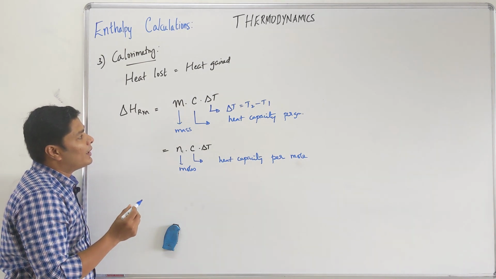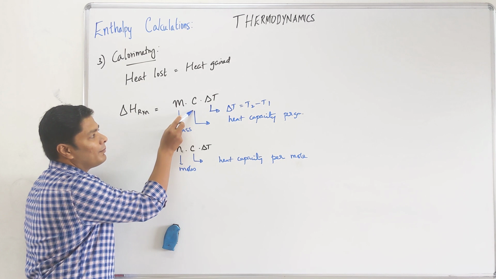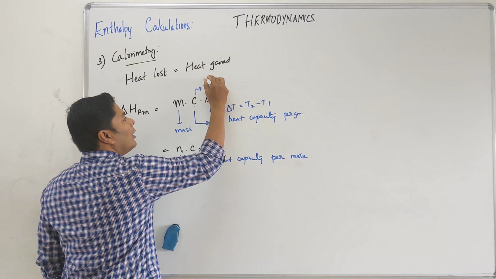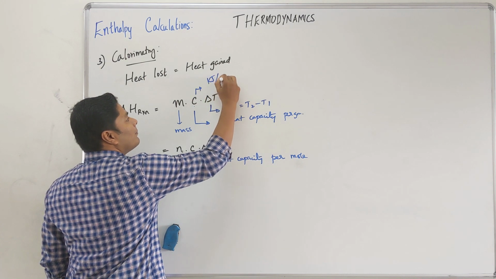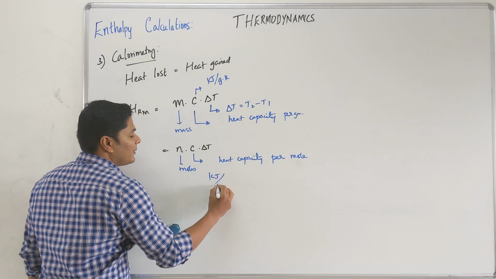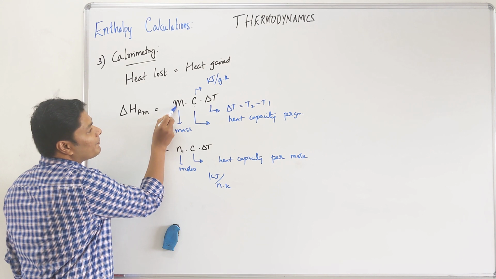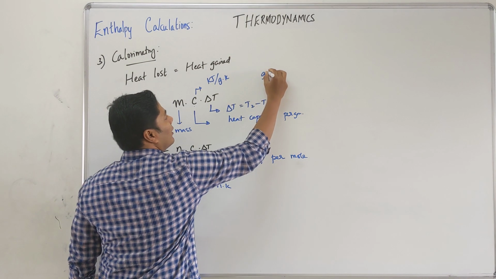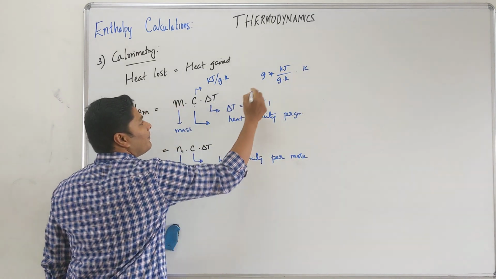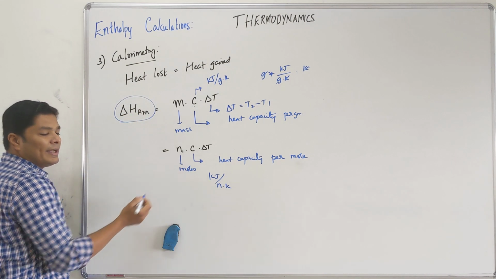Now when you look at it, this is weight per gram. Gram times kilojoules per gram. Gram goes away, but the units are kilojoules per gram Kelvin. This will be kilojoules per mole Kelvin. So when you look at it, this is grams. So I have grams times kilojoule per gram Kelvin times Kelvin. So what you get is kilojoules. Same you will get here.